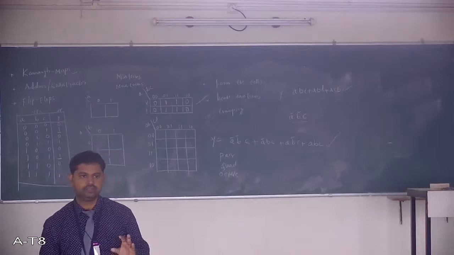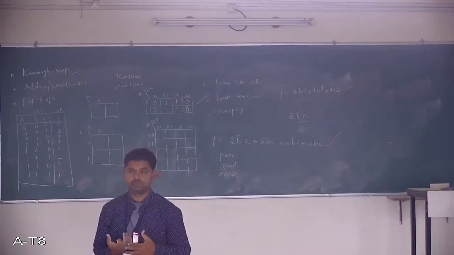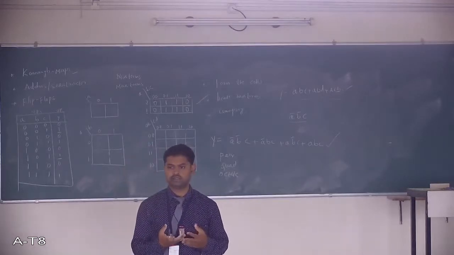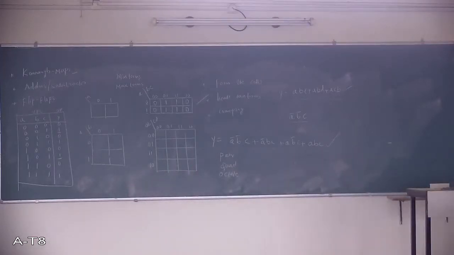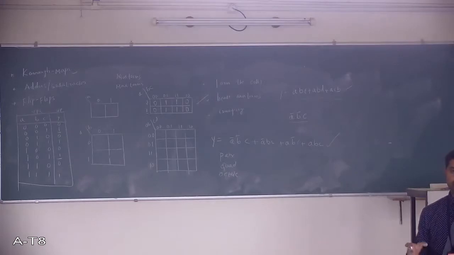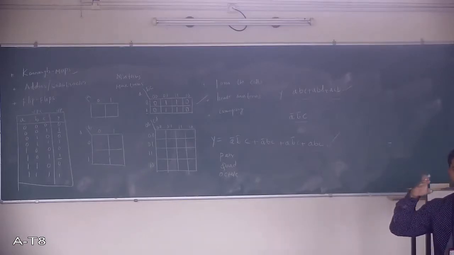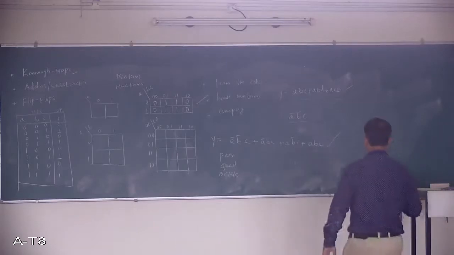At that time, I can still create a group of 1 or a group of 2 or a group of 4 also. They are all smaller order groupings. But if 8 cells are side by side and the value is 1, it's a bigger order grouping. You should prefer it first. Higher order grouping will always give you a very simple expression. If 8 cells are side by side and all are logic 1, and you go for pair-kind grouping, 2-2 grouping, the expression becomes lengthier again. So always prefer higher order grouping.